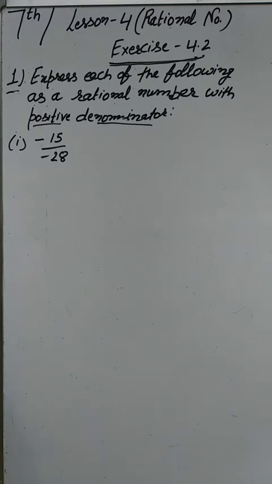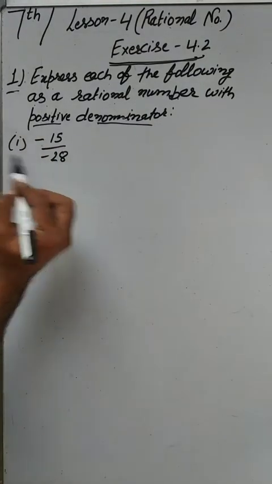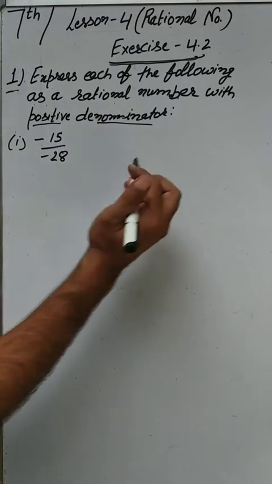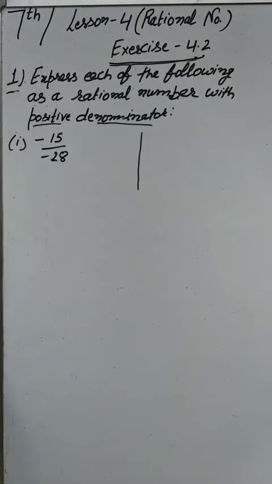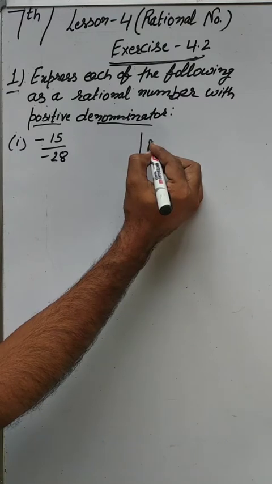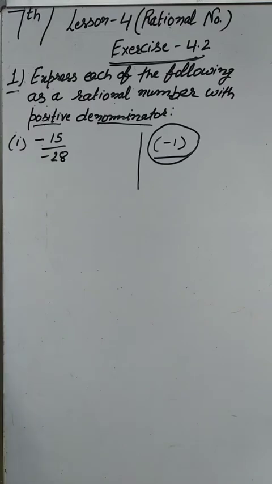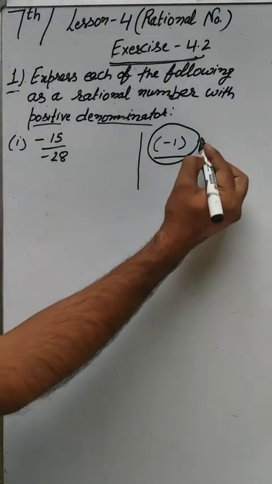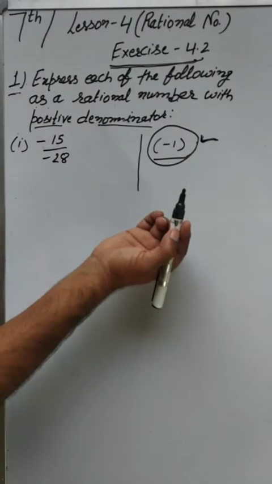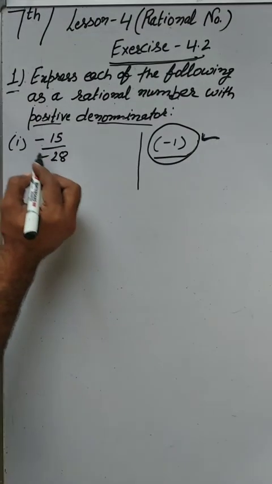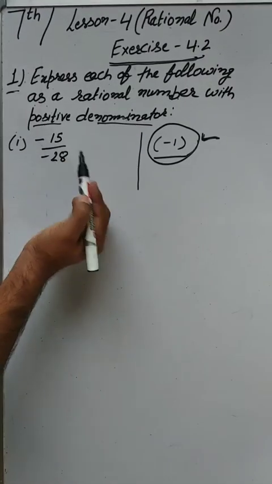We want to change the sign of their denominator from negative to positive. Okay. Now look here. We want to change the sign, beta. So whenever you want to change the sign of numerator or denominator, you have to multiply numerator and denominator of the rational number with minus 1. Keep in mind, because we want to change the sign, if we multiply the rational number with minus, then automatically its sign will be changed.